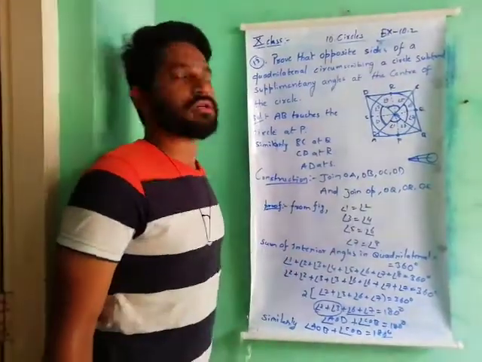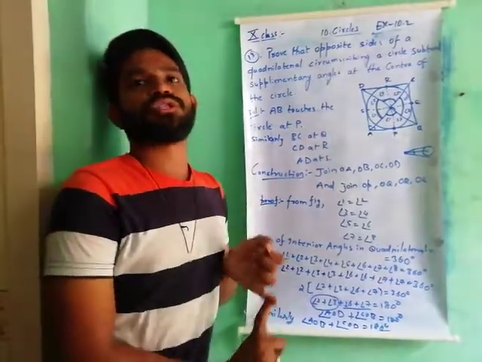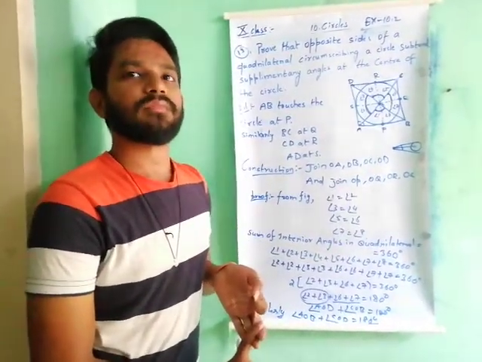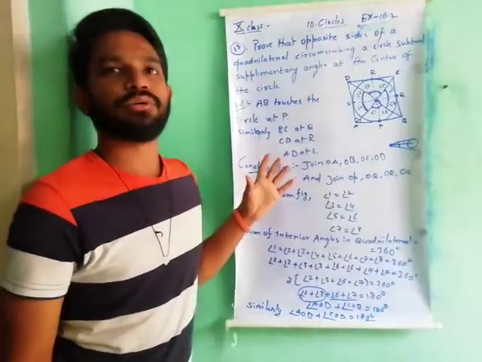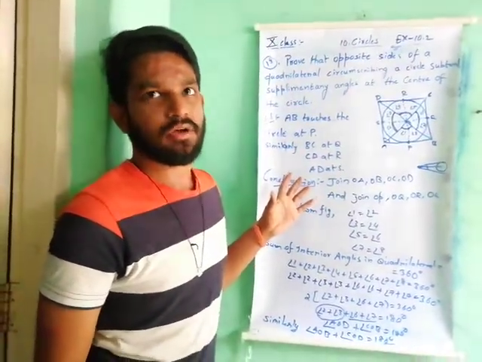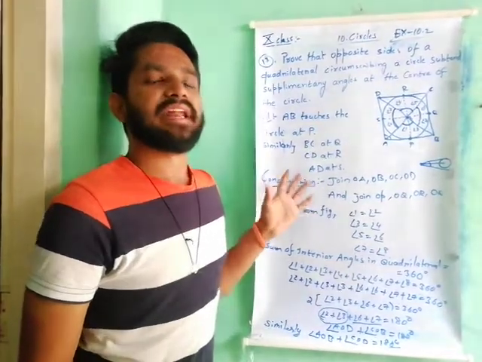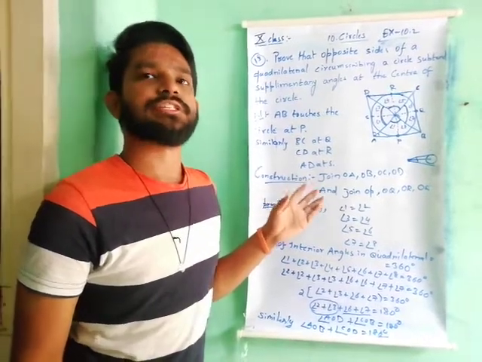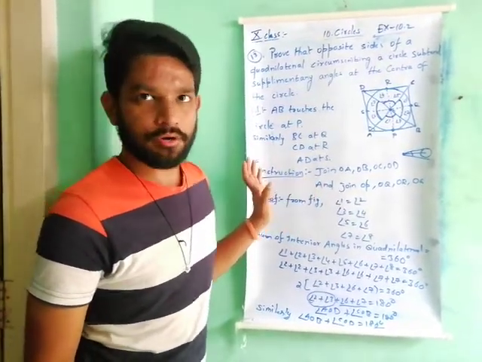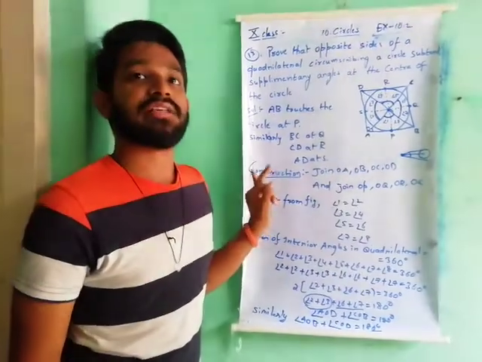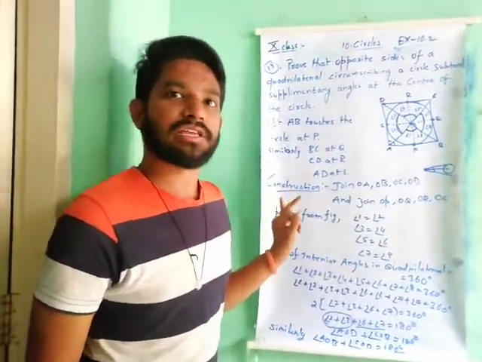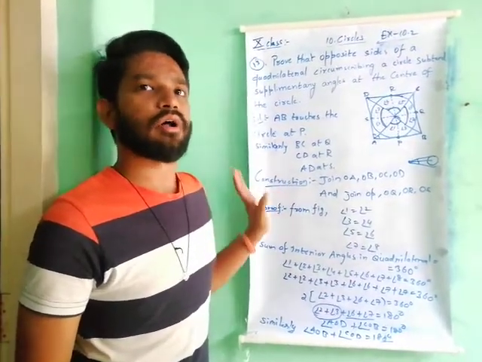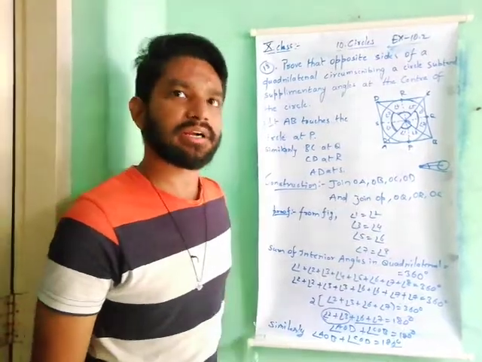So the circles chapter is also completed. In this chapter the most important things are theorem 10.1, 10.2 and example problems. These problems are all related to tangents only. Understand? So first point, what you know: a tangent drawn from an external point to a circle is perpendicular to the radius passing through the point of contact. And second, the lengths of tangents are always equal. From an external point it also makes equal angles. So using all these we solve all the problems in exercise 10.1 and 10.2.